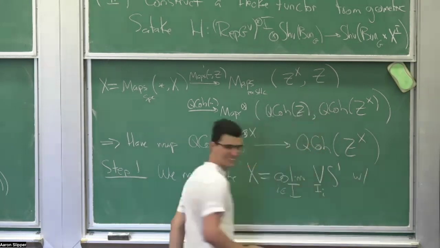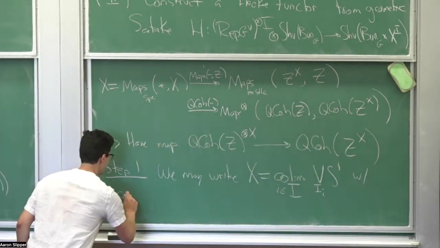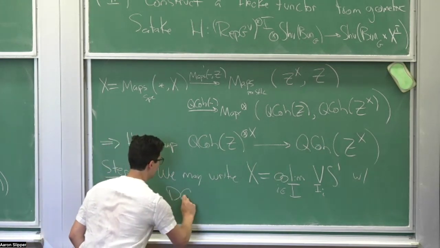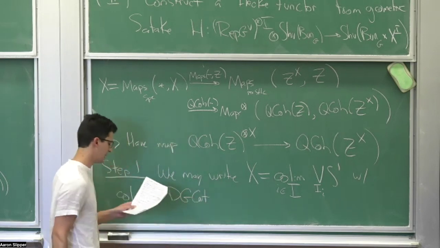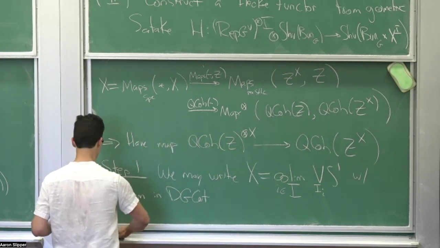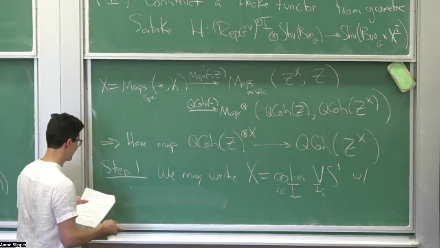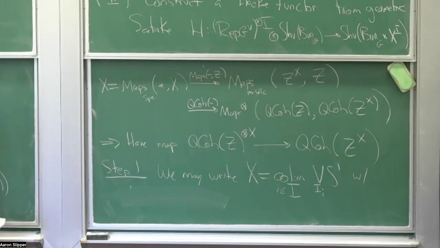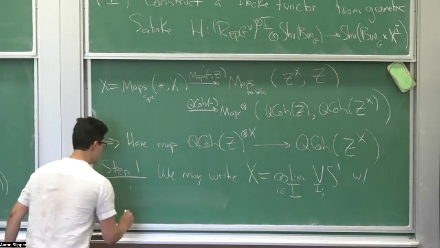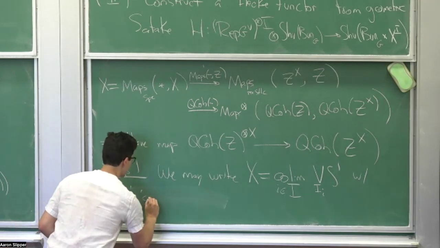With co-limits in DGCat, and I'll write down a word with I being a so-called sifted